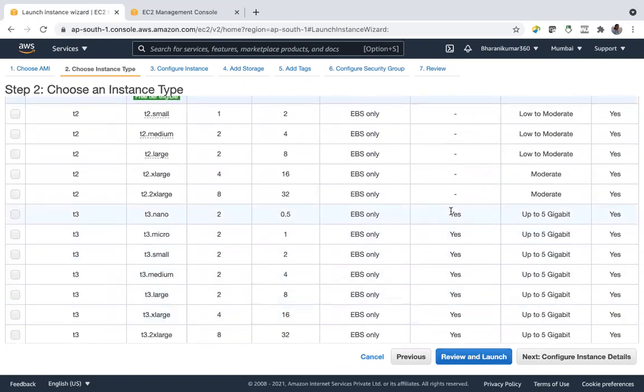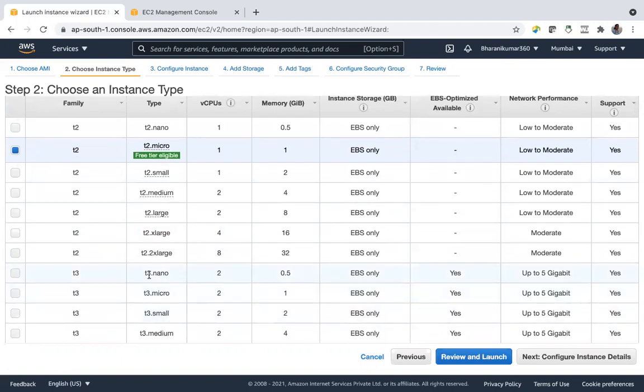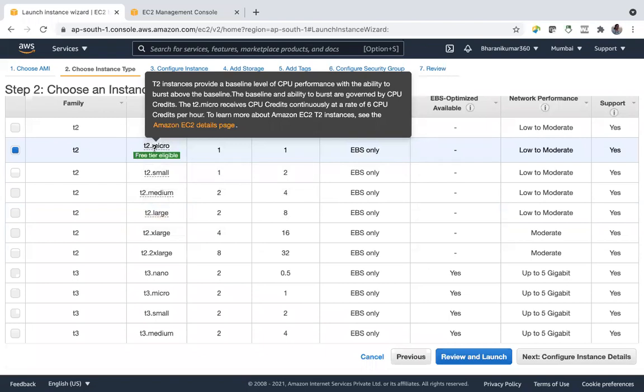And also I'll get EBS optimized, means high speed EBS, we can say. Compared with these EBS, the processing and processor and EBS communication speed will be high. And EBS optimized things are available here. Those kind of EBS are available for these type of instances, but they are expensive. So I don't want to go with them. So I am launching T2.micro only.